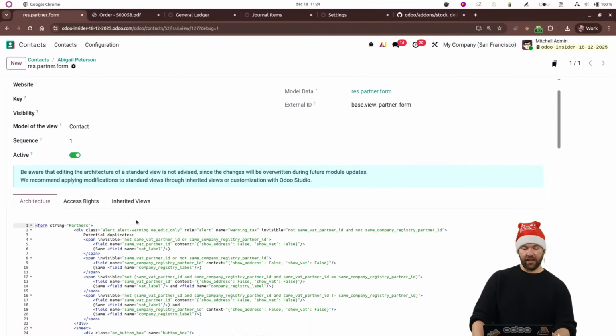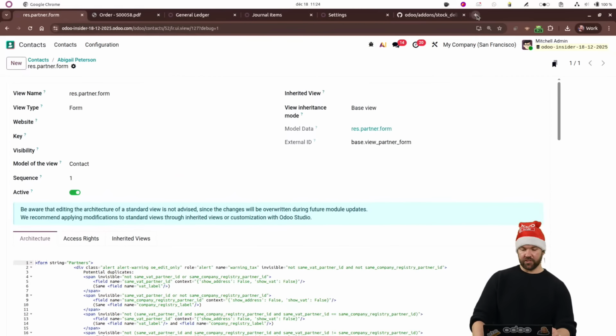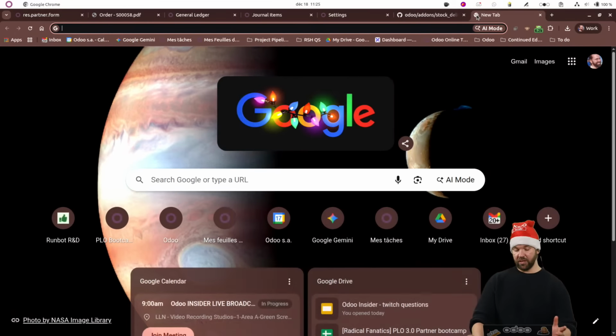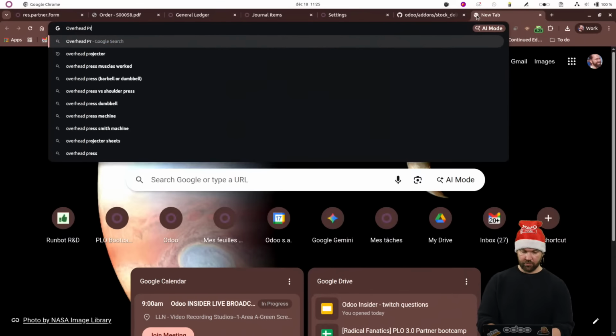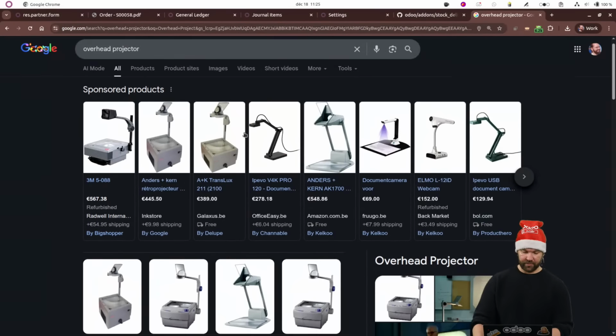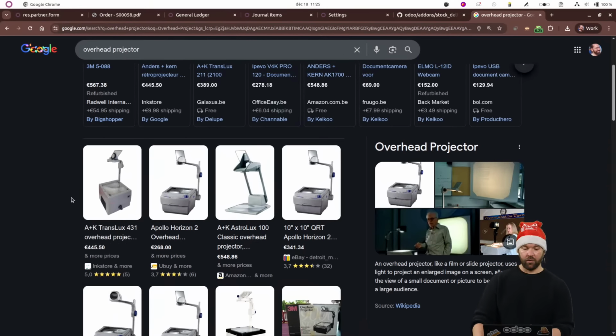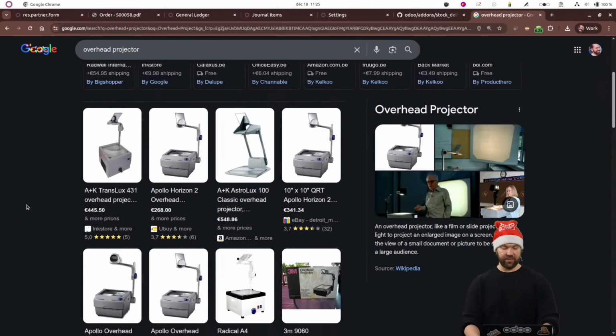Now, the way I like to describe a view is, for some of you, most of you maybe, who knows, are old enough to recognize this. Overhead projector. This bad boy. The teacher would have this in the classroom. You have the glass that shines light through. It bounces off a mirror, goes on the wall, and you can write on the glass itself, or you would